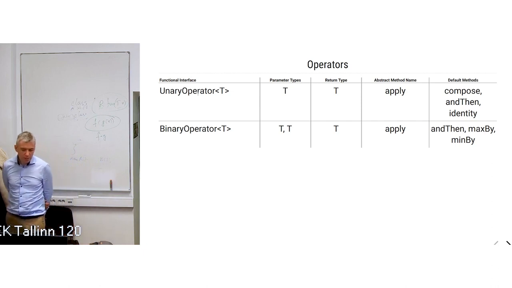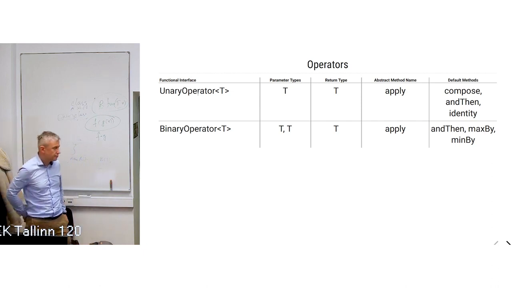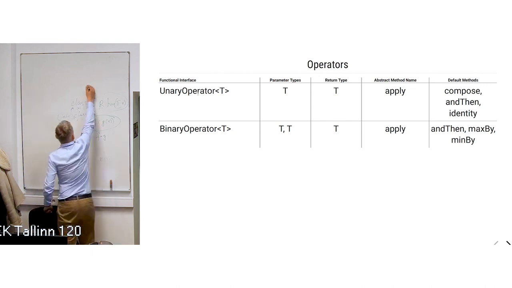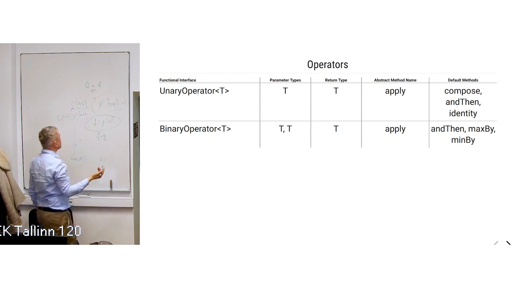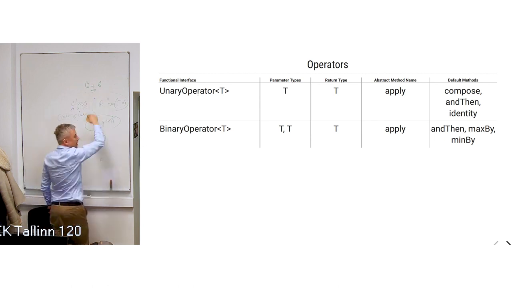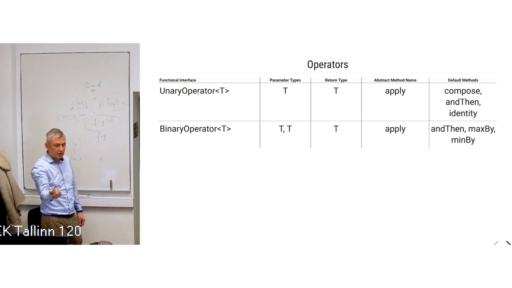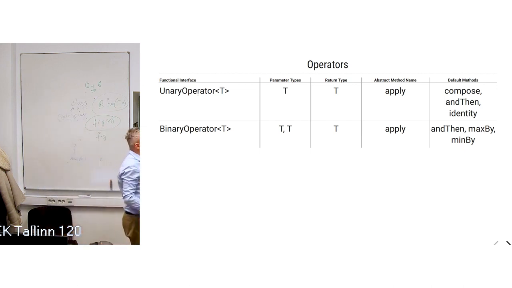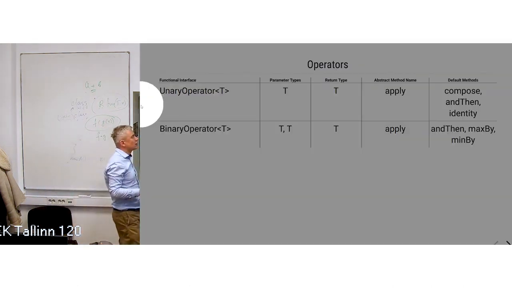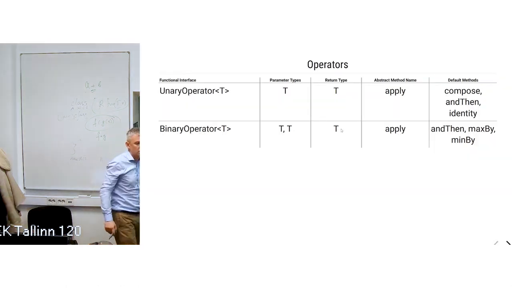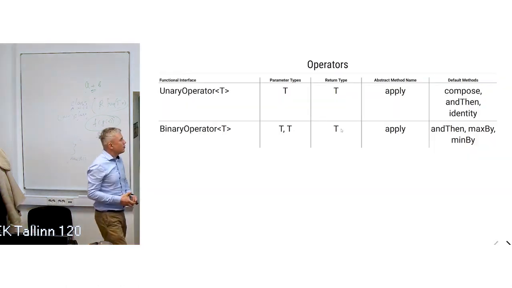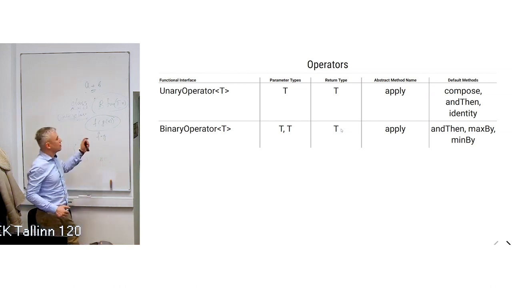Okay, there are also operators, and operators are like, I don't know, if we have a plus b, plus here works as operator, and the result is of the same type as a and b. If a and b are integers, then result of plus is also integer. So this is why it's called binary operator, and it's only one type here, because it can be BiFunction with T and T and T, but instead of BiFunction we can use BinaryOperator. If you are studying algebra, formal algebra, for example,